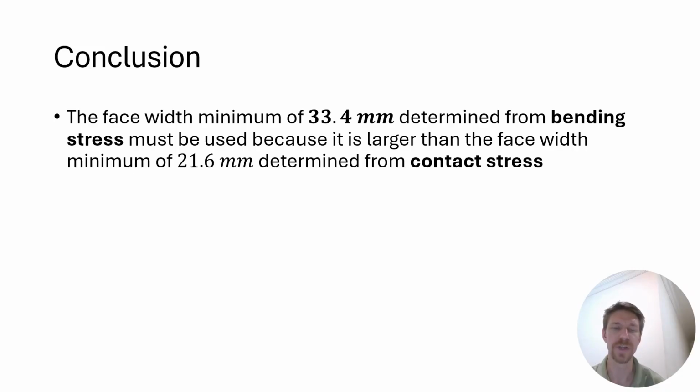Now, in our previous approach, determining the face width from bending stress, we got 33.4, and that is the minimum face width I can have for bending stress. So that has to be my face width, because if I take the minimum for contact stress, I'm going to be below the minimum for bending stress, and it's going to fail. My gear is going to fail due to bending. So the conclusion is that my face width needs to be at least 33.4